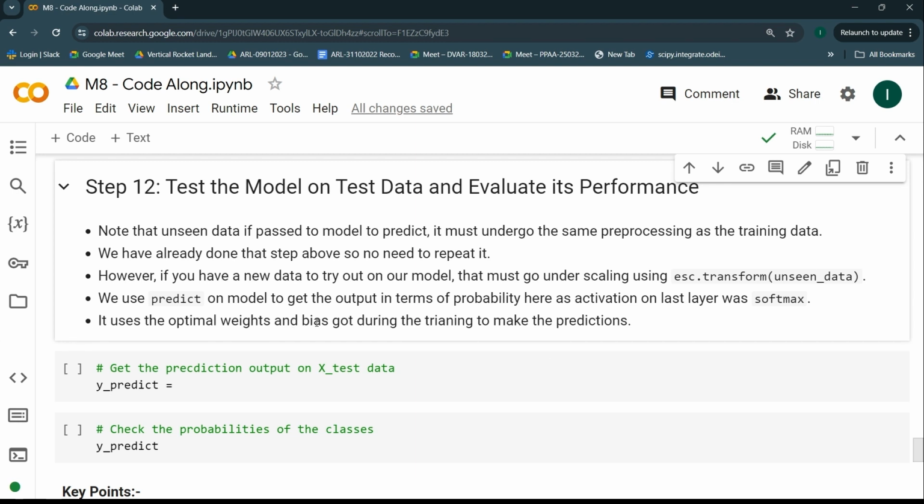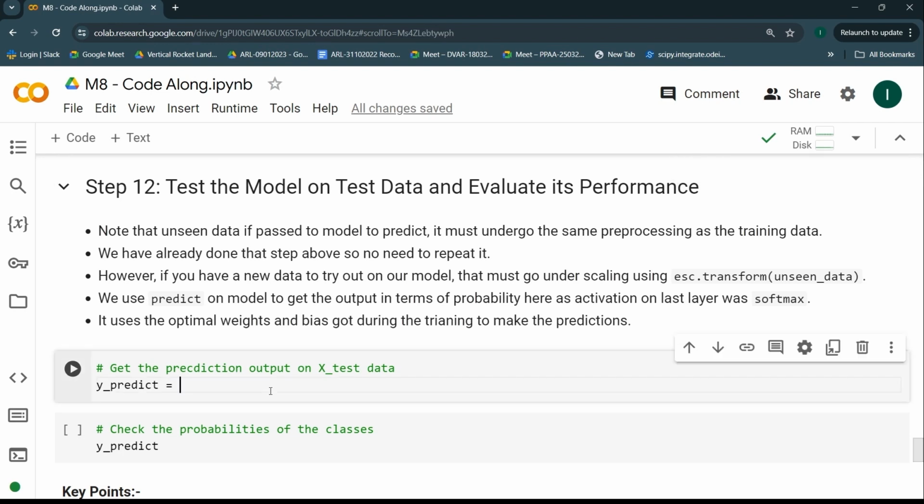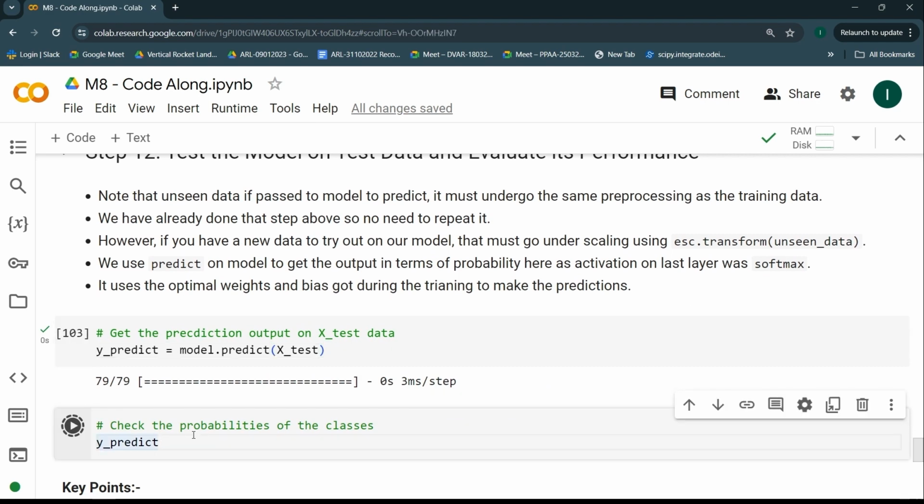So it uses the optimal weights and biases that it got during the training to make these predictions, and all of these predictions will be in the format of probabilities. So let's see how it is going to work. I'm calling model.predict, using the X test over here, and running this code. And if you look into the predictions,